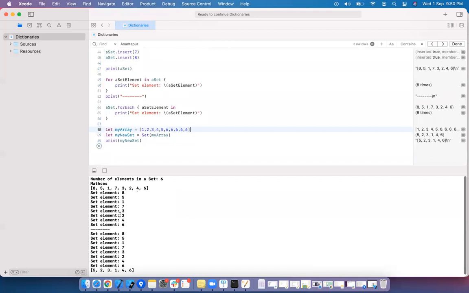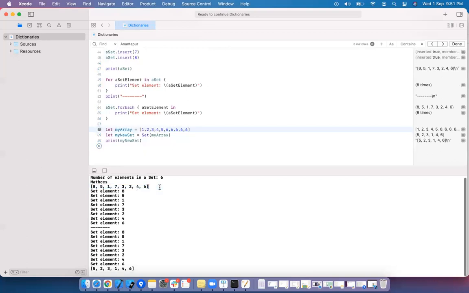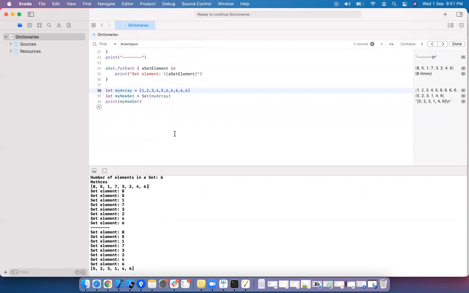If you see here, the order got changed 8, 5, 1, 7, 3 because the elements will be saved in different locations. When we try to access them randomly, it will fetch and display. That is the reason it is not in sequence, even if you run again. Here, if you see, the duplicate elements are removed. We are having 5 6s. The duplicate elements got removed.